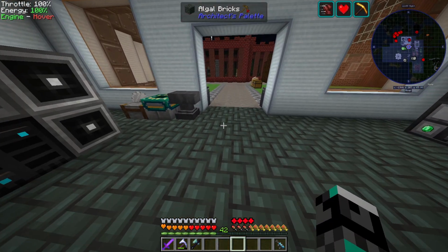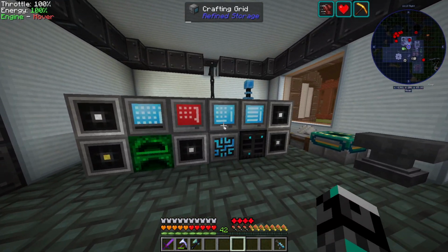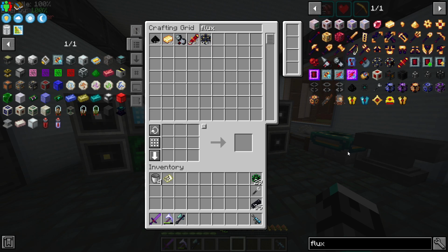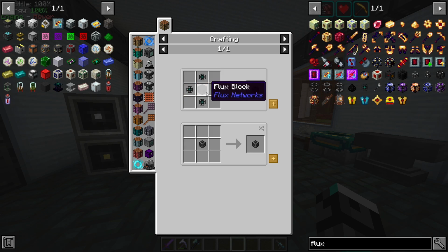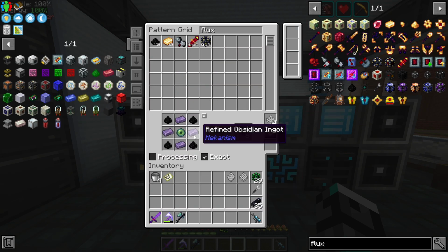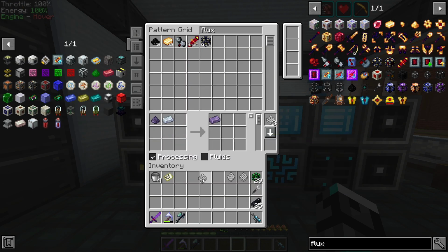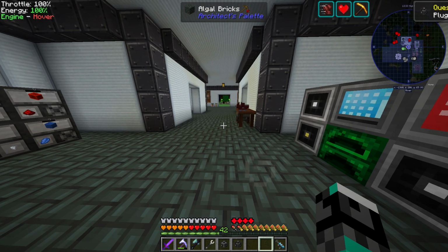And one of the things that we're gonna do is go to the moon, but we are also on the verge of actually starting progress towards the flux network. So for example, if I want to make a flux plug, as you can see, I'm actually gonna go ahead and teach ourselves this recipe right here, and we also need to teach this recipe right here. And after a little bit, I was actually able to make a flux plug and a flux point,